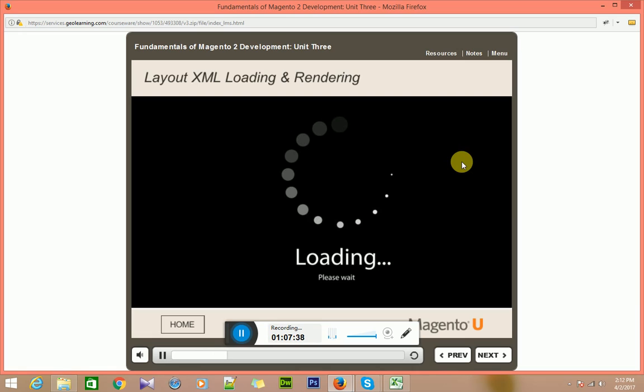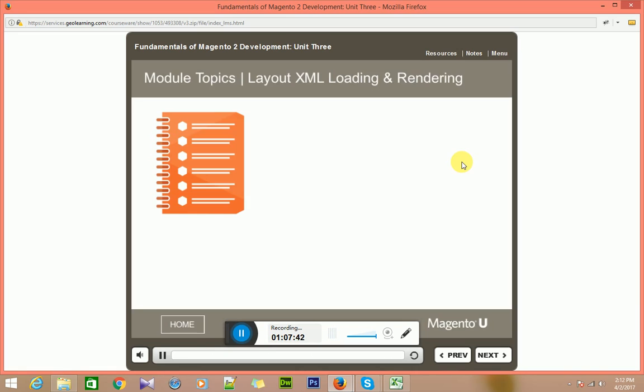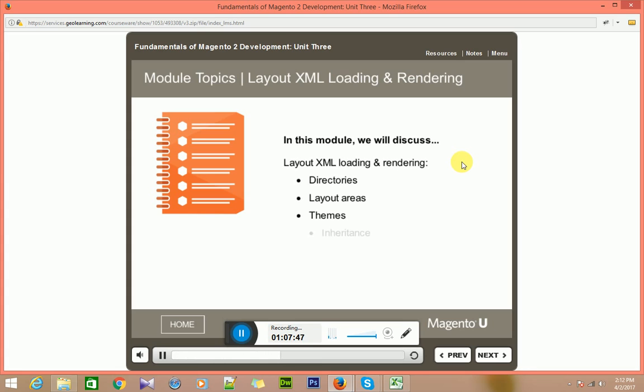This module discusses the loading and rendering of Layout XML. In this module, we will discuss directories, layout areas, theme inheritance, overriding layout, handles,